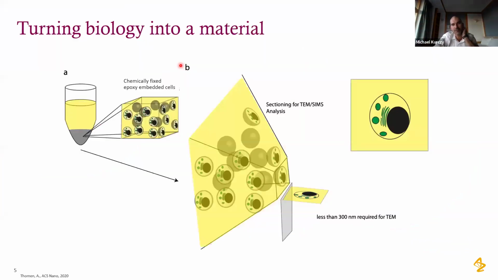And so, okay, this is just a little bit about how we make the samples. This is showing a pellet of cells, but you can do this with tissue as well. Basically the pellet is spun down, and all the water is replaced with this epoxy, which has a pretty well understood chemical composition. And then I have this cute little square that shows how the cells would look embedded. And then this